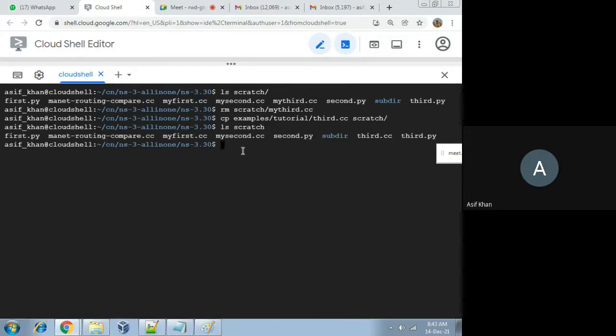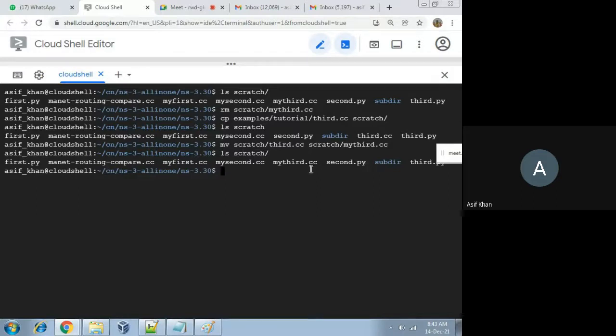Now I will rename this file. So how to rename? mv space scratch slash third.cc scratch slash my third.cc. Okay, you can check whether it is renamed or not. See, my third.cc is renamed. Now let me open this code.